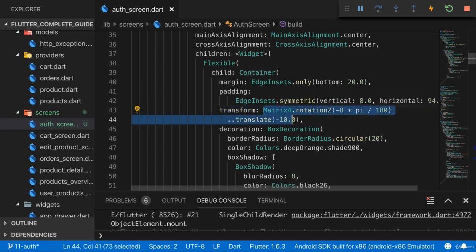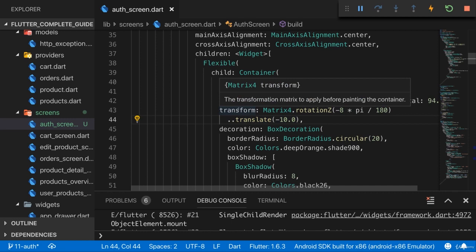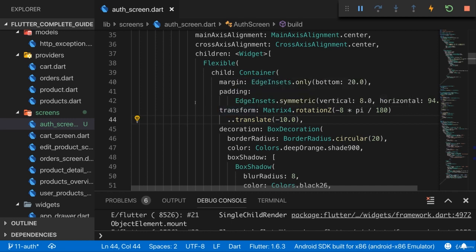Now, what's this code here? This configures how this container should be transformed. And if you hover over transform, you see that transform takes a Matrix4 object. Matrix4 is a class built into Flutter, provided by the material Dart file. And in the end, it's an object that describes the transformation of a container. Matrix4 simply allows you to describe rotation, scaling, and offset of a container all in one object.